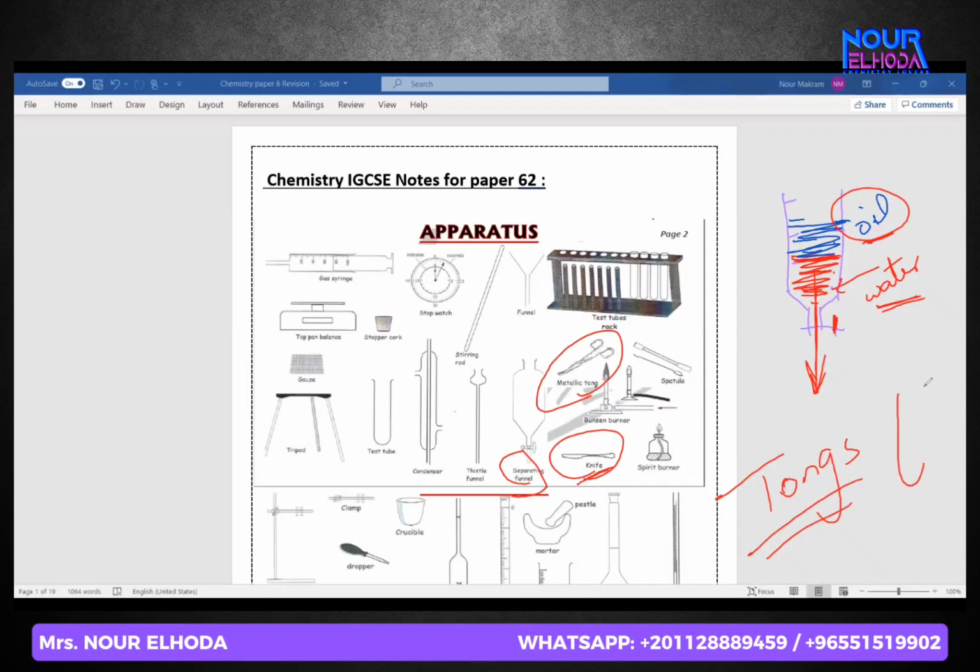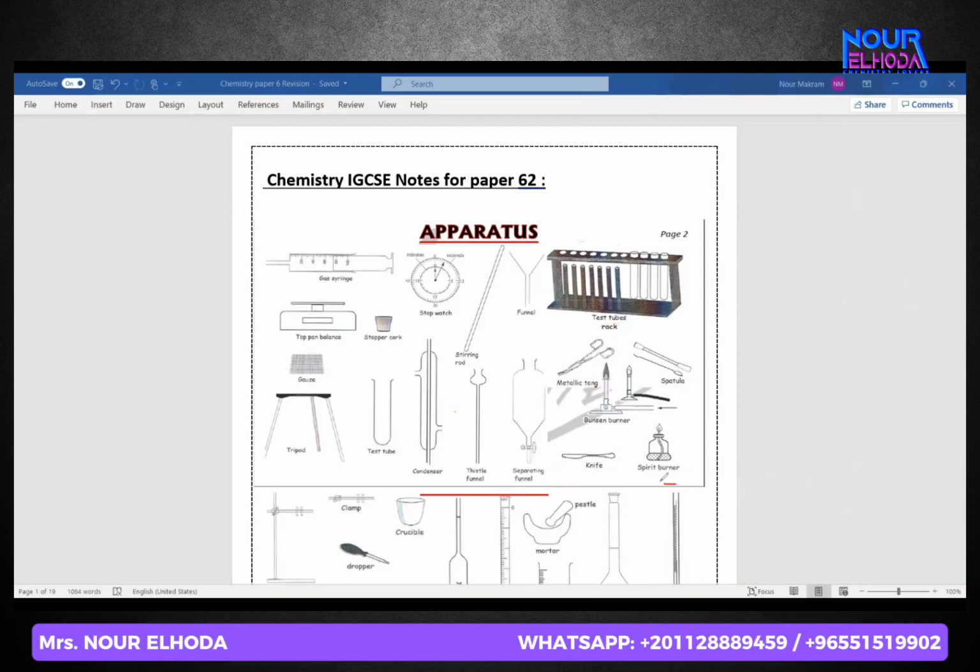If I'm having a test tube, I'm heating anything in a test tube and it's very hot, I cannot hold it with a towel. It's unsafe. So that's why I usually hold it with these tongs. Because the tongs are going to protect my hand from anything hot. Or if I'm heating a piece of magnesium ribbon, I want to hold it. So I'm going to use tongs also. You can say tongs or metallic tongs. Both are correct.